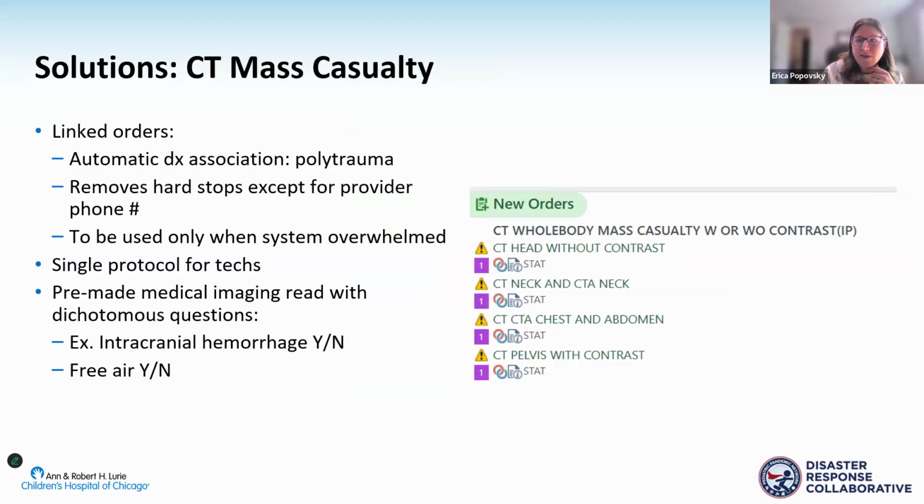And so what the CT mass casualty did for us was that many of you may have experienced that ordering CTs comes with a lot of hard stops. You have diagnosis association, there may be clinical decision support tools. And so our IT partner was able to bypass a lot of these by creating a linked protocol of CT head, CT neck, and CTA neck, CT, CTA chest and abdomen, and pelvis that automatically is linked to a diagnosis